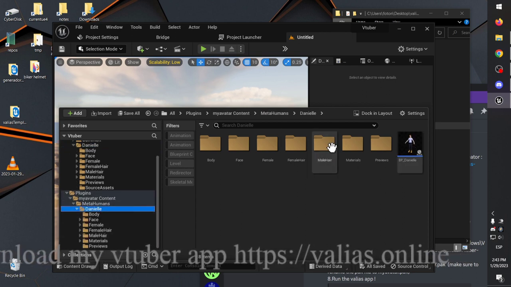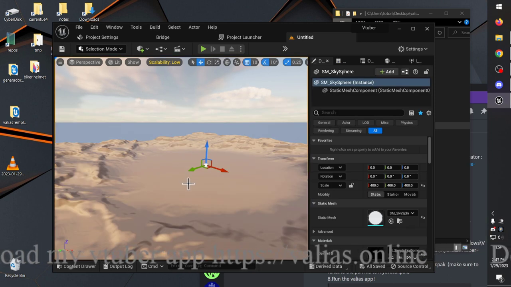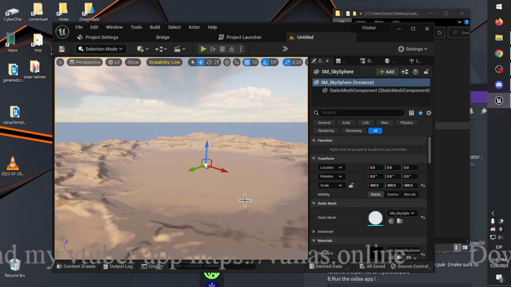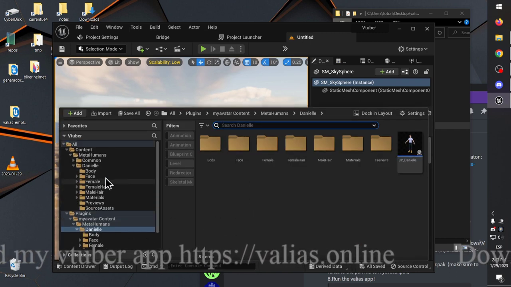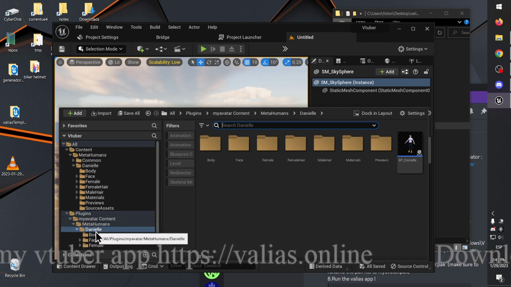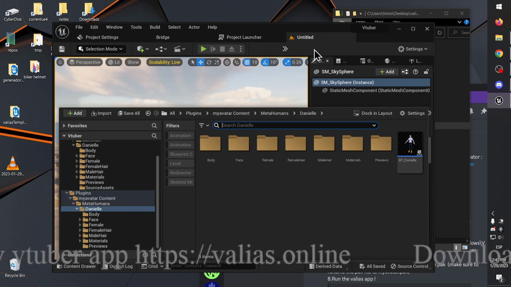Now make sure you never drag this blueprint into the viewport or you will have some problems. So we don't do anything but move the Daniel folder to the plugins My Avatar MetaHumans folder. So now we can go to